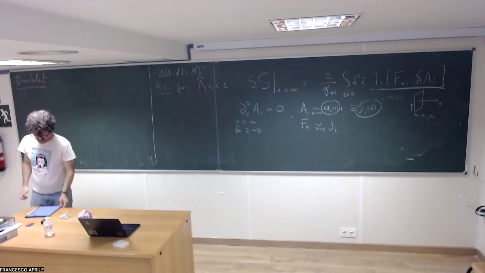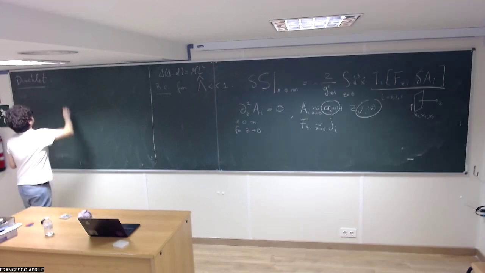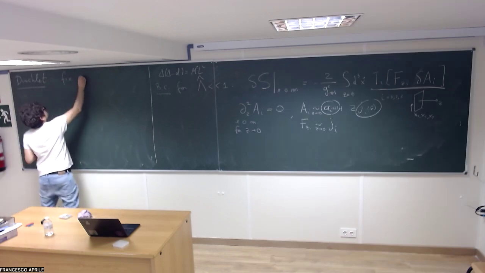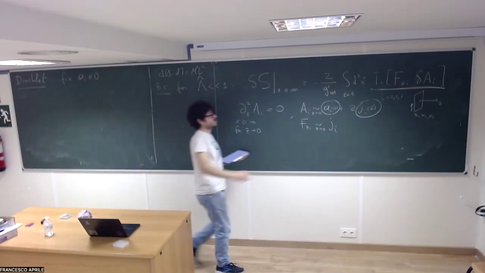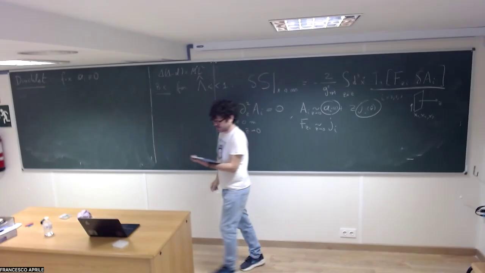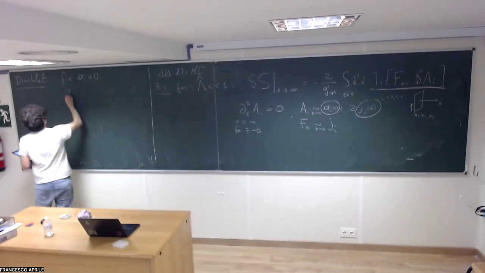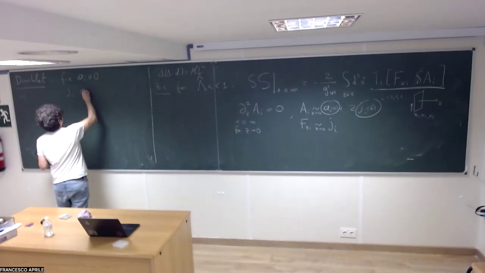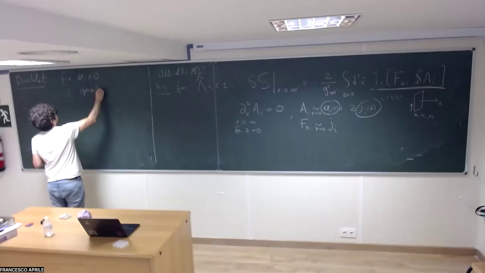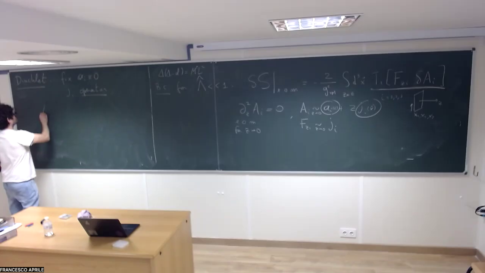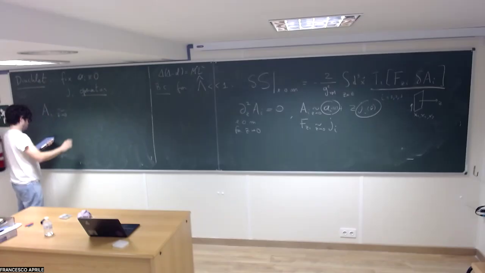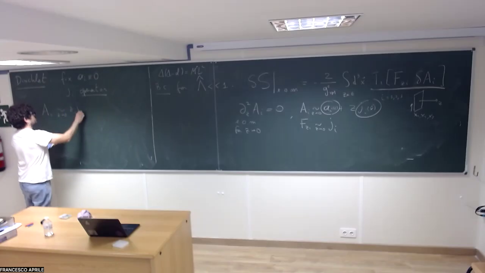What is the Dirichlet boundary condition? It means that we fix this A_i to 0. Okay, so we kill this mode. And then instead the A_z is an operator that is free to fluctuate at the boundary. So in this case, the theory of our A_i takes this form,